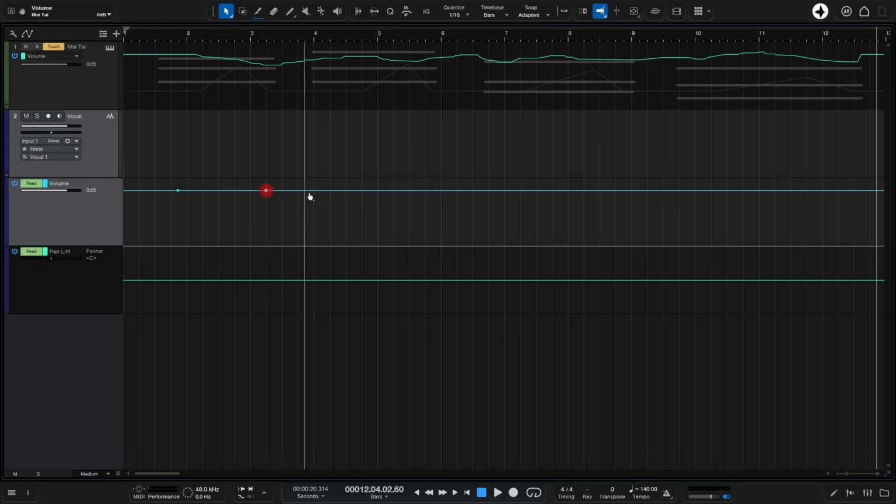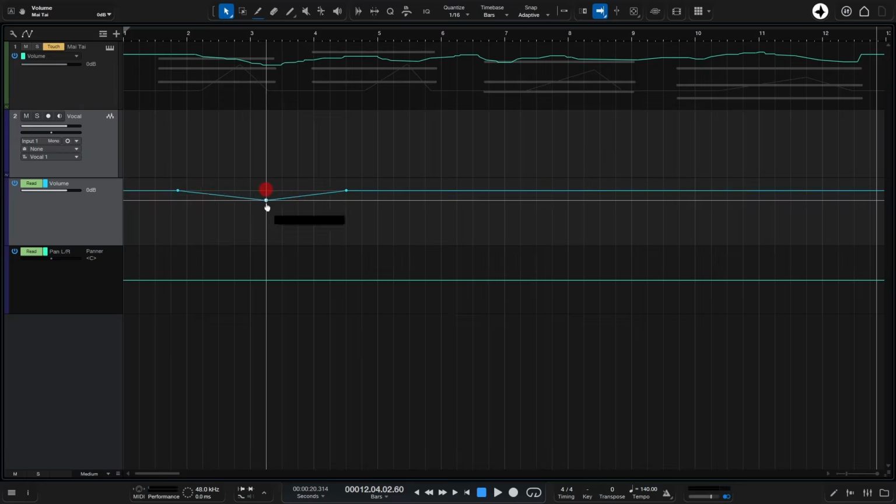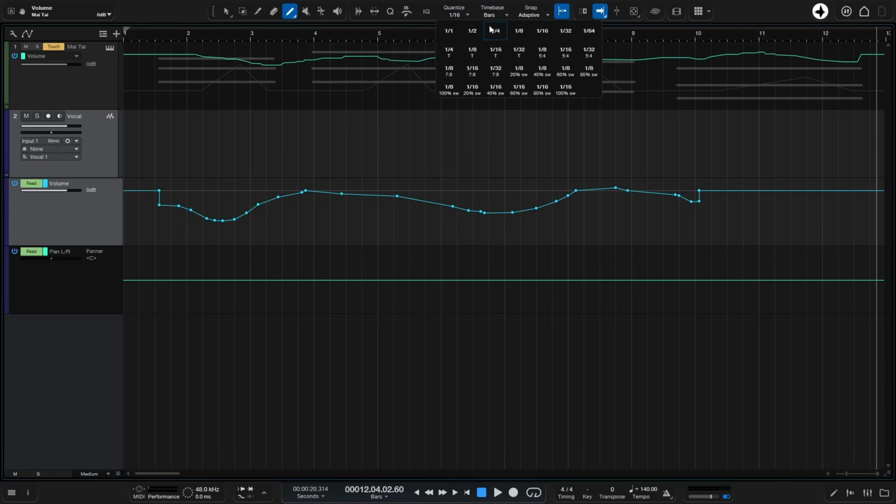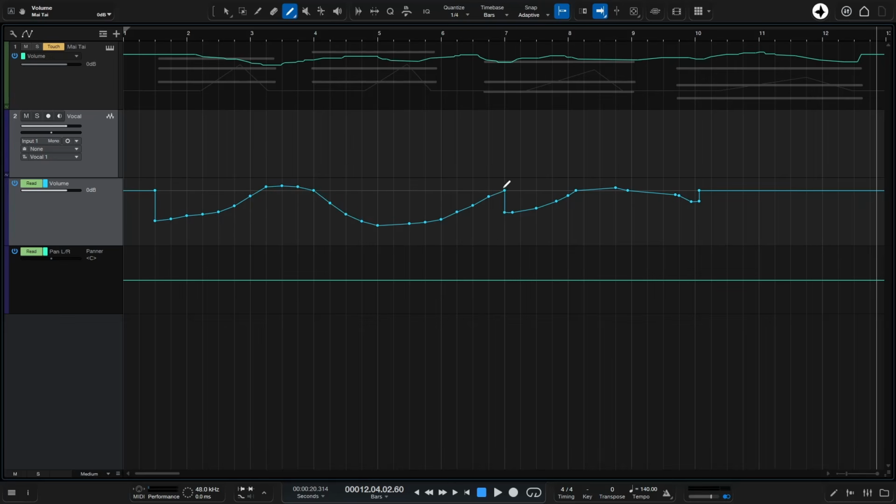So of course we can again come in and just click to add these points and manually add our automation. We can again come to the paint tool by clicking here or pressing 5, and then we can draw this information in as well. Now keep in mind that our snap is turned off, so we can freely draw this in, but if this was on, then it's going to snap to the quantized value that we have here, which is 16th notes. So then when I draw, that's going to snap, which you can't see because we're at a higher resolution. Let's take this down to quarter note. And then we'll come back. And now you can see that snapping behavior is going to be applied